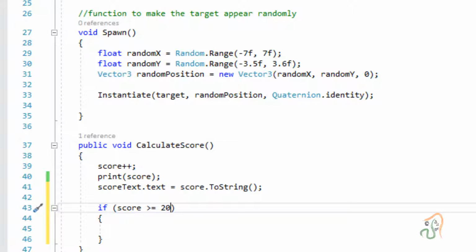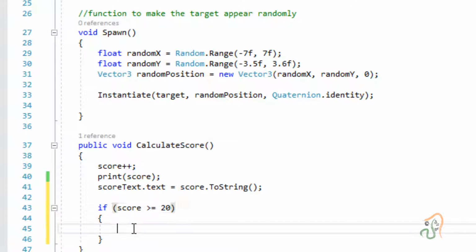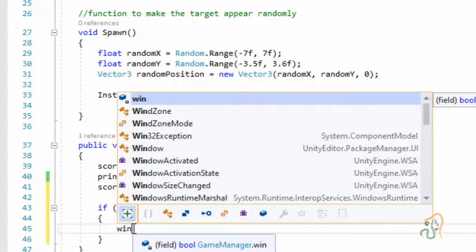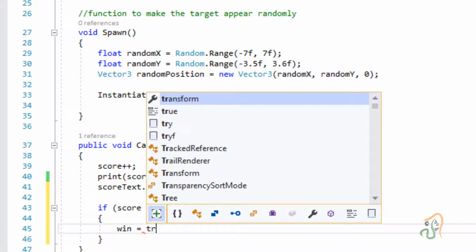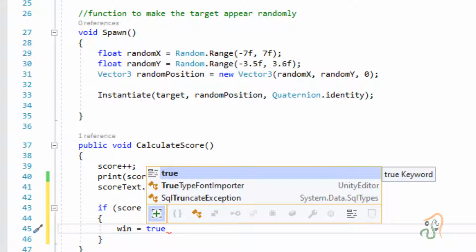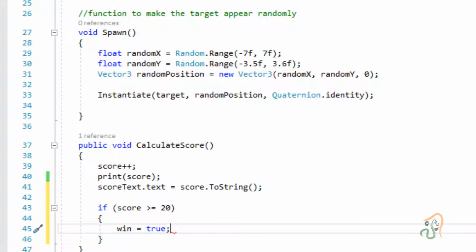When the score is greater than or equal to 20, this is the condition. When this is true, we set the variable win equal to true. Okay, and end it with a semicolon.